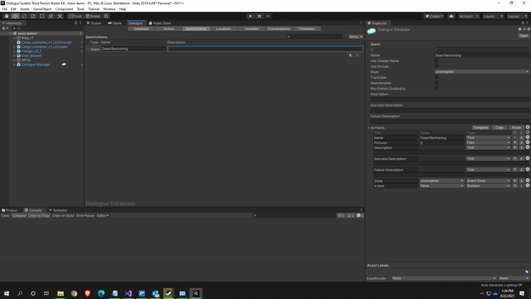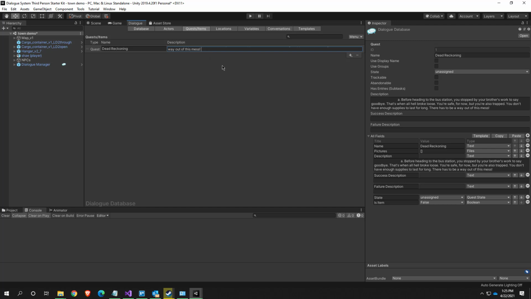In the description I'm going to frame the scenario in case the player forgets what's going on, and give them a little context about what they should be doing overall, what their overall goal is. I tried to paste this in from OneNote and it did not work. I recommend typing your dialogue somewhere with spell checking and then pasting it in, but if you get weird formatting like this, you can go into this part and